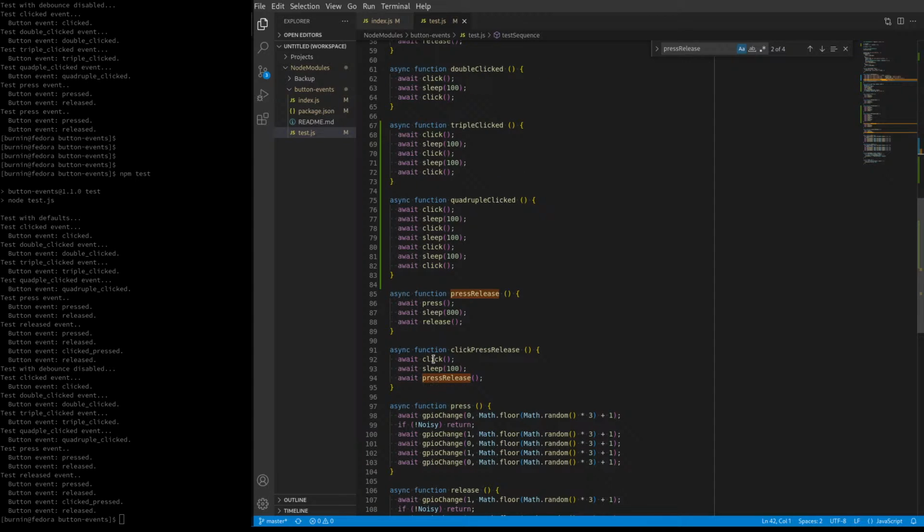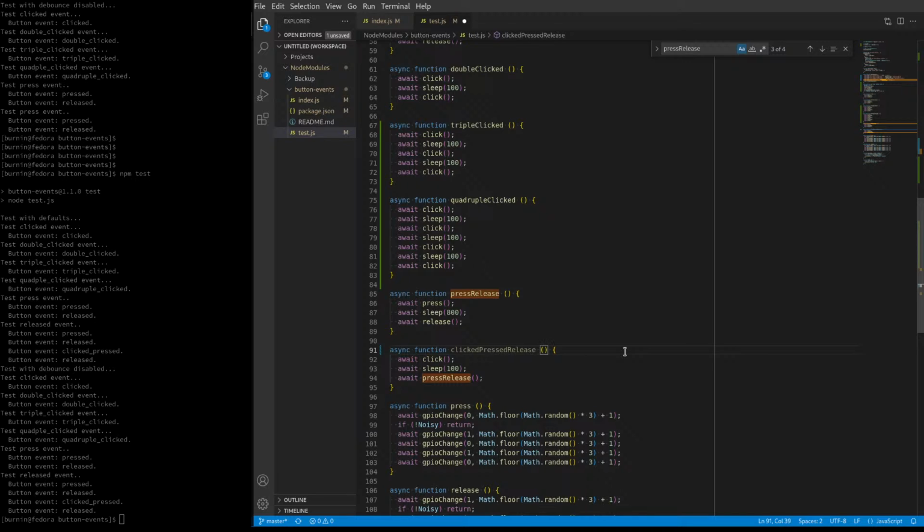Oh, okay, yeah. So this is to get the other events where you do a clicked, but you hold the button down after the click. So you can click the button and then go to click it again, but hold it down, and it will be in a pressed state, clicked and pressed. That's kind of what this is testing. So probably don't need to retest the releases, but yeah, we can probably use this for, well, clicked, pressed, release,